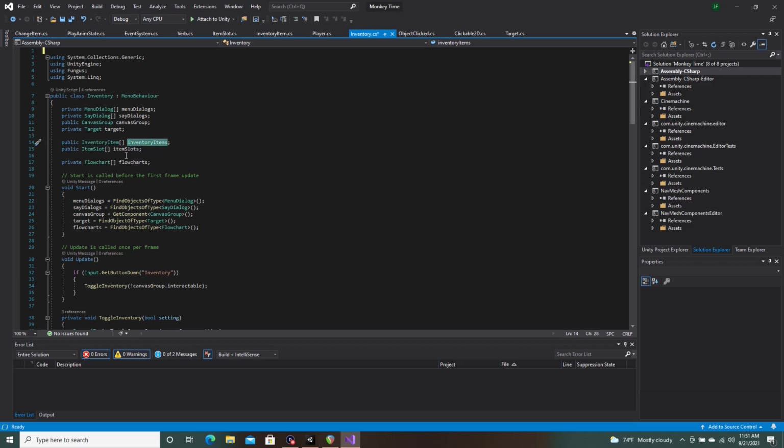But you could make a list of anything, like booleans or integers or any of the variables we've used so far. And here in the start method, we are going to find all of the menu dialogues in our scene. We're going to find all of the say dialogues in our scene by using find objects of type, which will find all of the say dialogues and all of the menu dialogues in our scene and save them in our